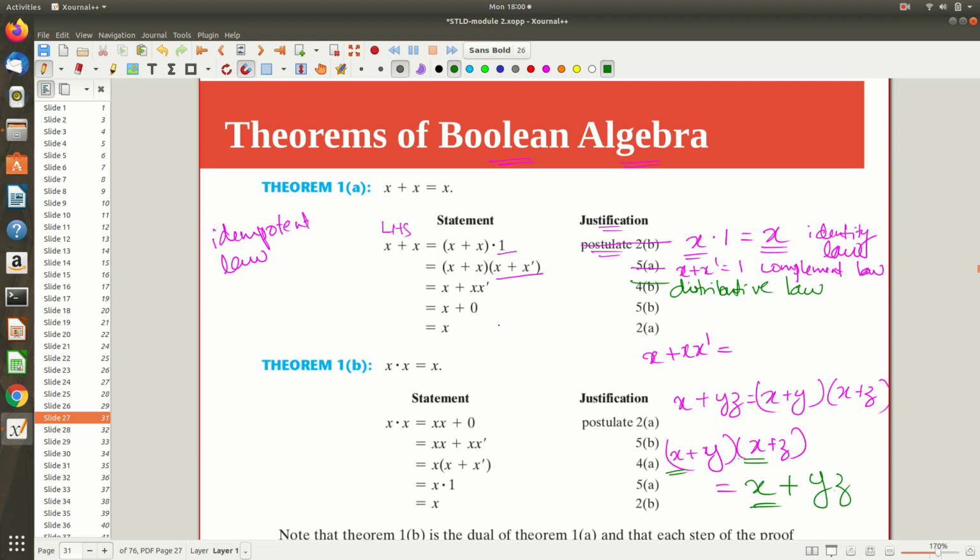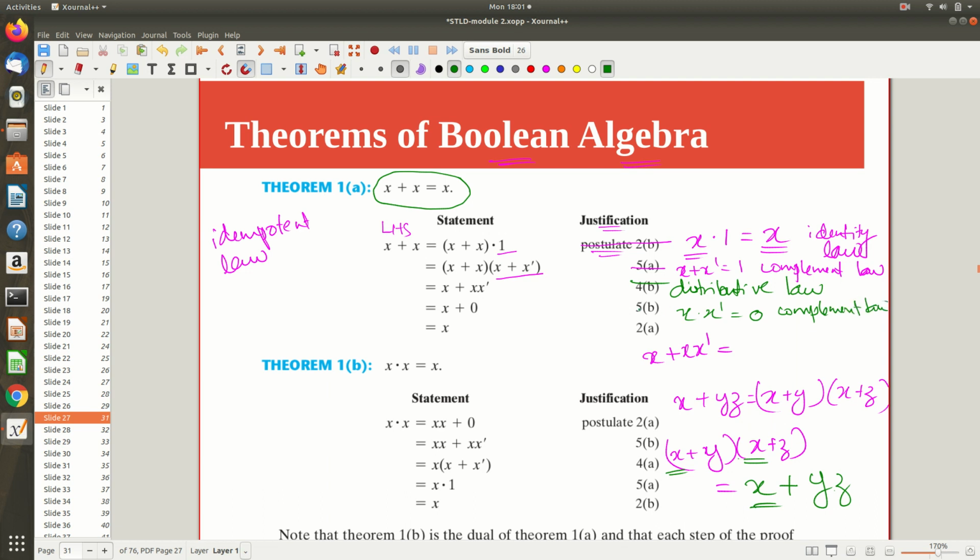Now can you tell me what is this? Again, all these things are basic postulates only. This distributive law, complement law, identity law, we are not using something new, but from now onward this is a new theorem. Later on we may be using this theorem, because we know its proof, right? So there is no problem with using it, as it is correct. Now tell me, what is x dot x dash? X dot x dash and x plus x dash, all those things are from complement law. Hope you remember. This is the dual of this, right? So this is also from complement law.